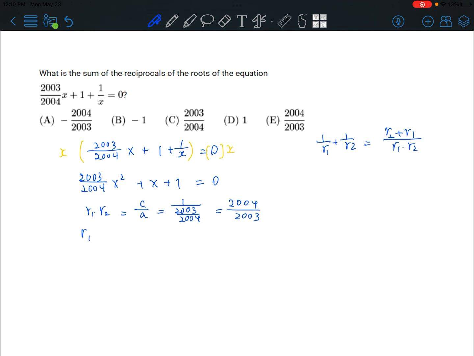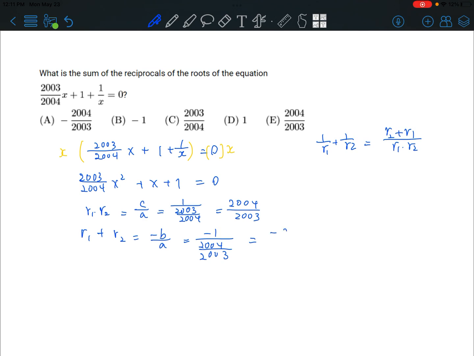And r1 plus r2 is equal to negative b over a, which will be equal to negative 1 over 2004 over 2003, which is equal to